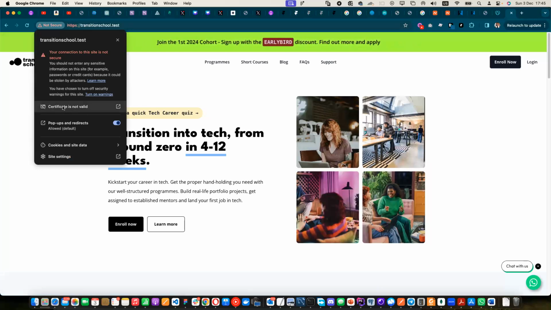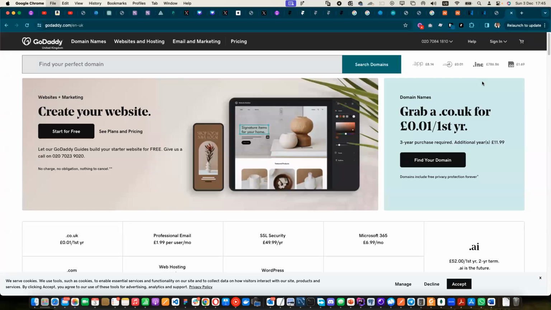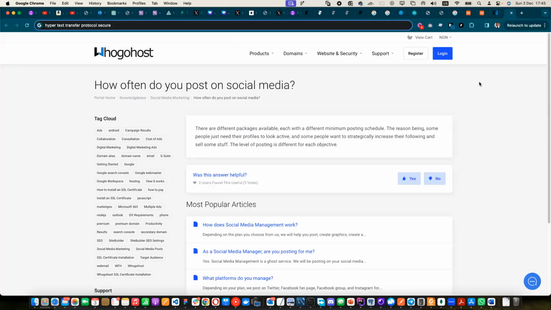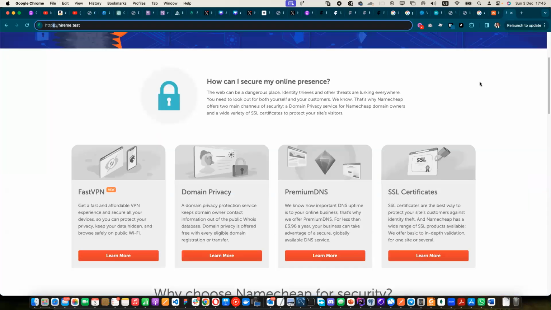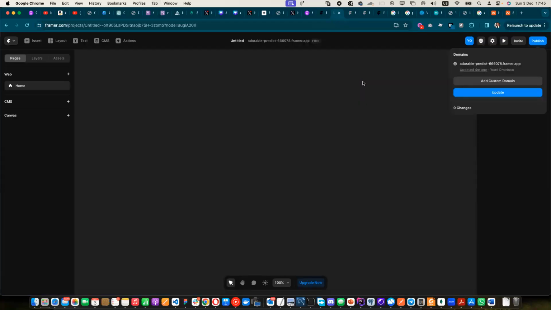And you can see certificates not valid. You understand? So that's basically it when it comes to domain names. So it is important that you understand this, right? Because by the time you start, let's say, you want to go and buy a domain name for your clients and every other thing, and let's say you're not even using Framer in this case, then there's going to be a problem because